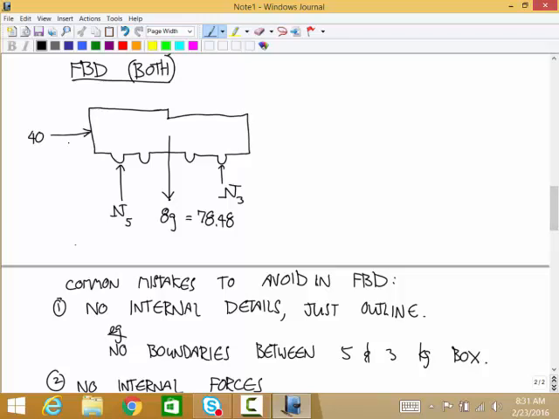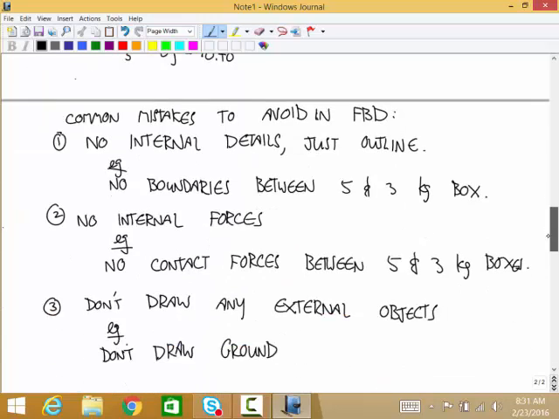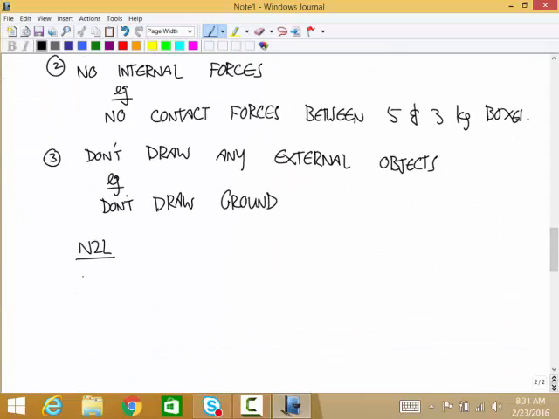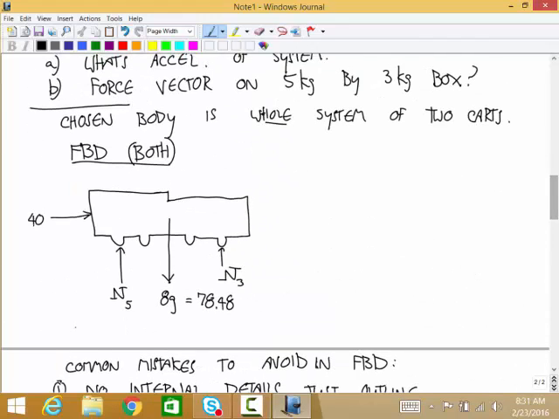And the nice thing about the free body diagram is once you've done one, everything that appears in the free body diagram appears in the left side of Newton's second law and nothing else. So basically the free body diagram dictates to you what the left side of Newton's second law looks like. All right, so Newton's second law says we have a force vector of, well, this one's in the positive x direction, if I use that coordinate system. So what's that as a force vector? Yeah, positive 40x, 0y.